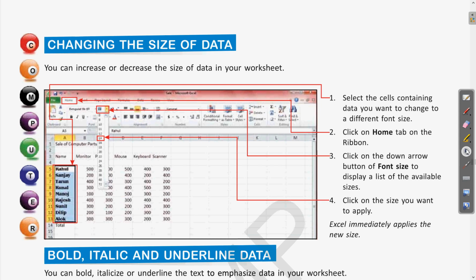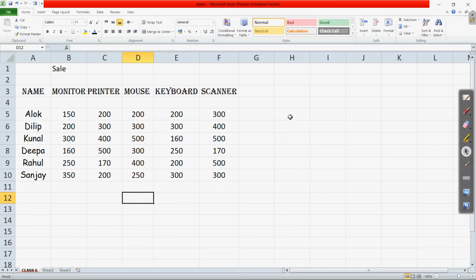Let us see this as well. If I come again to the software window, suppose the names which are appearing here, let us select this. Now if we want to change the size of this, first I have selected the data which I want to change, then go to the home tab, already it is selected, then these are the numbers which are appearing.